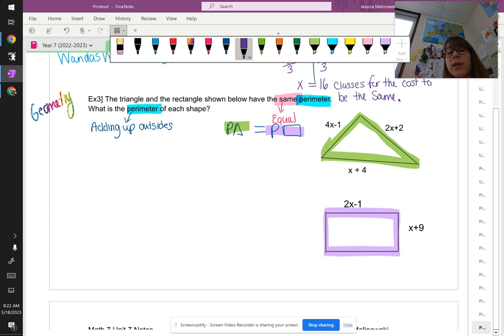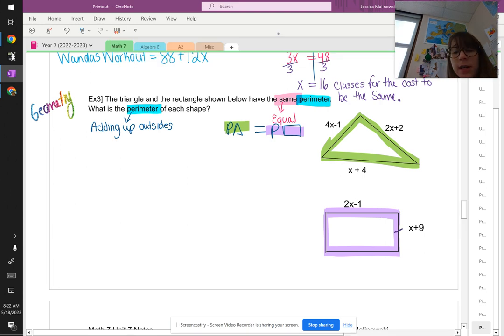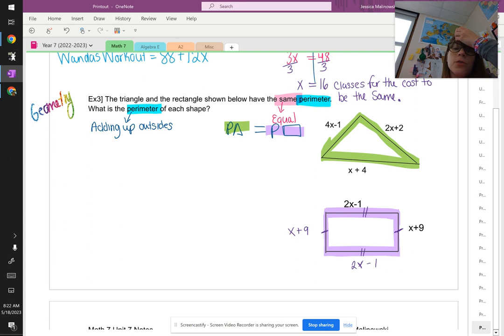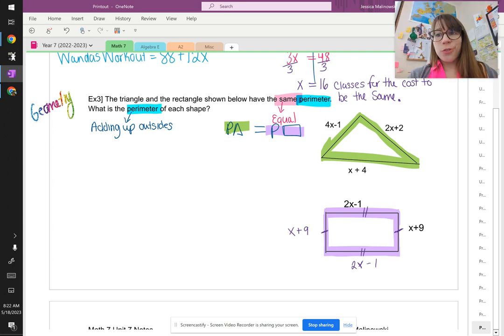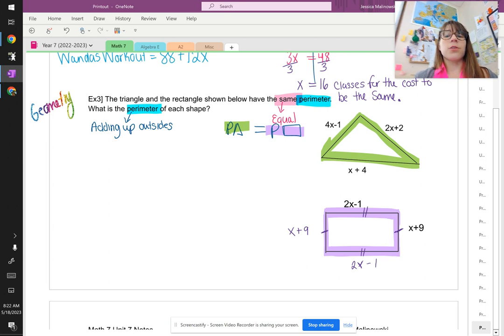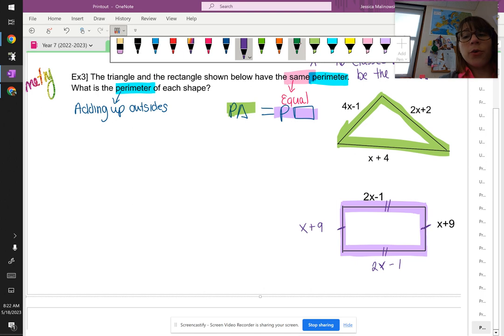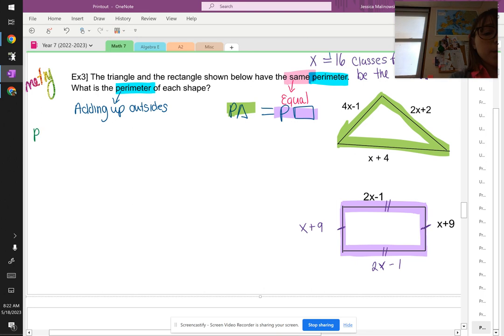which leads us to some facts that we know about rectangles. If this side is x plus 9, that means that this side over here is also x plus 9. 2x minus 1 on this side, meaning that this side is also 2x minus 1. Taking the 2 seconds to label your diagram like that will prevent you from forgetting to add those things. My 9th graders continue to make mistakes like that, so try to work those out early. All right, so staying organized